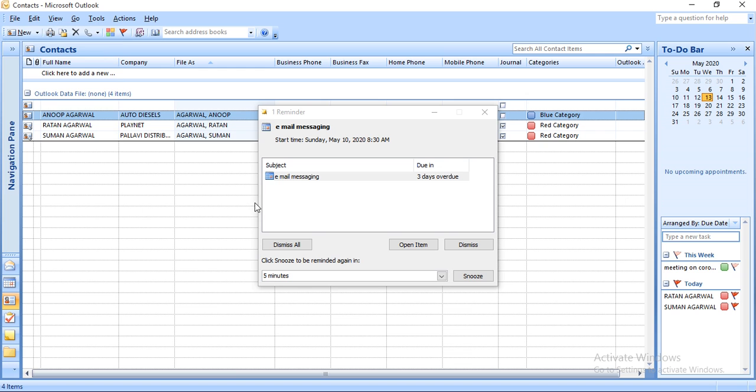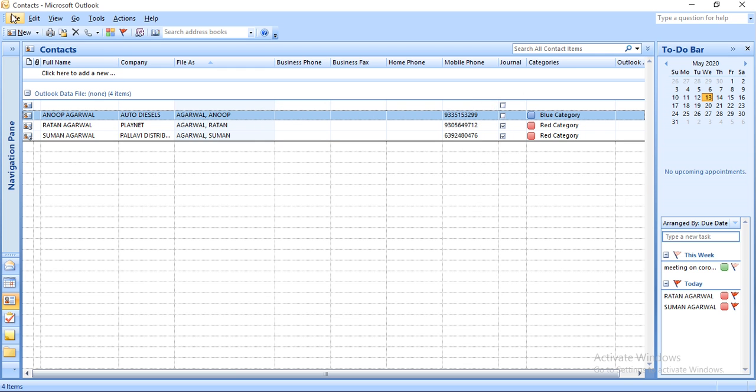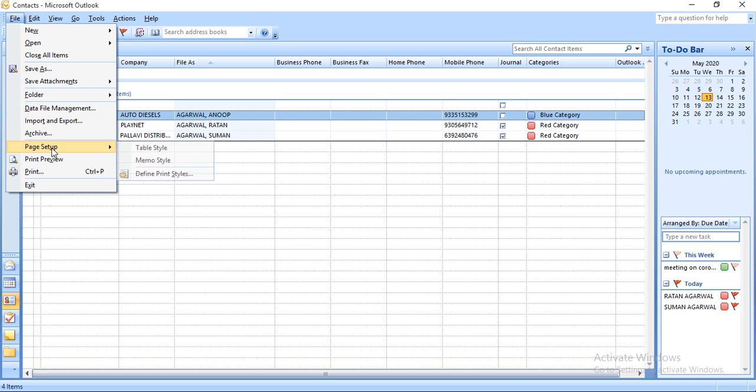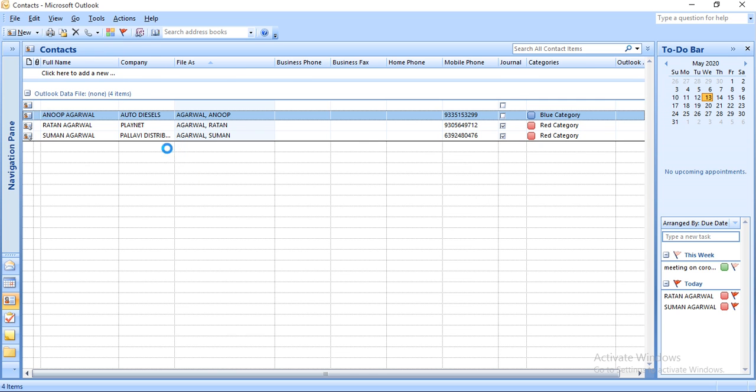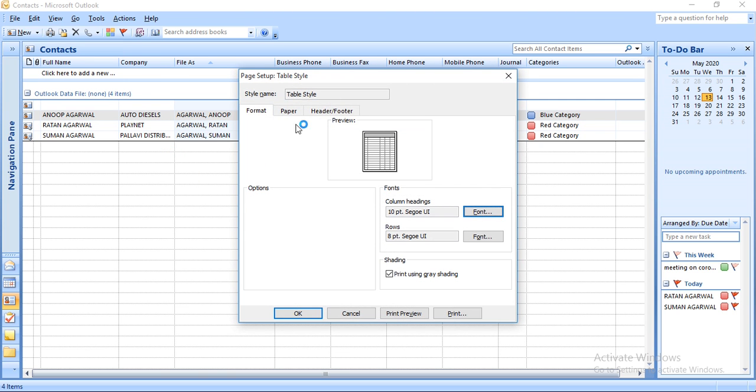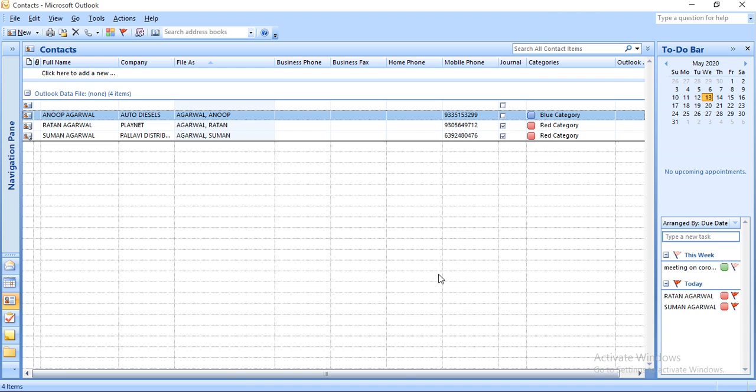Then archive means you are accessing something. Then page setup, which I have told you several times. Page setup means which type of style, table style, or here I am using table style because the data has so many fields.